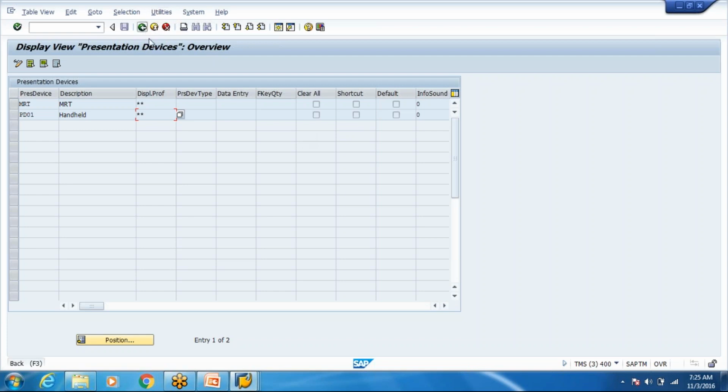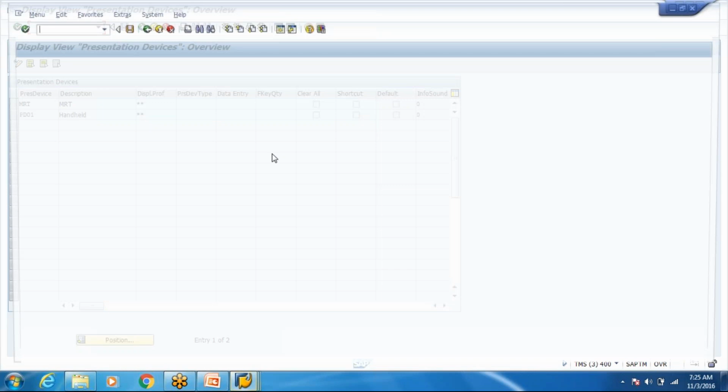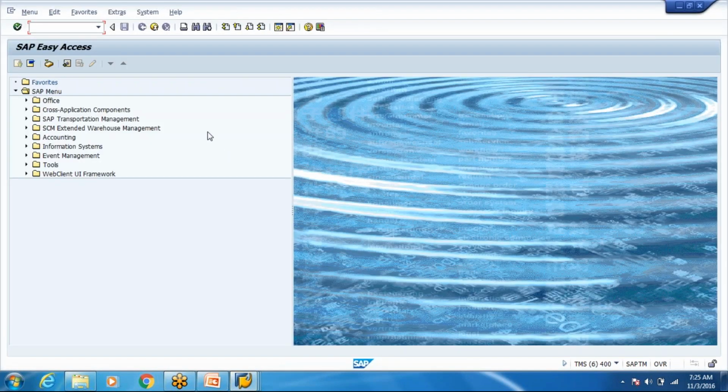Hi Rohan. My question is how the data will flow from SAP to that RF device, because the RF device is non-SAP, right? So how will the data flow from SAP to non-SAP? Should we connect something to that RF device? Do you know something about ITS Mobile, ITS Mobile service? Yes, service. Correct.